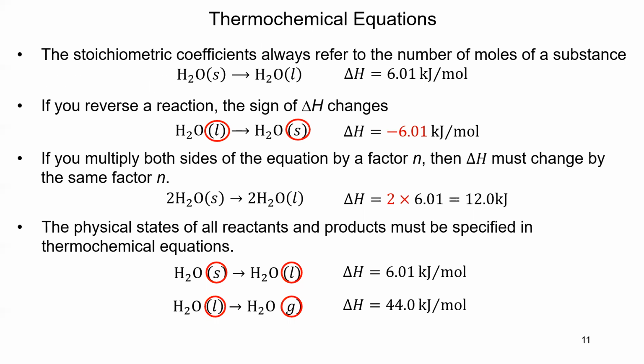So when we write thermochemical equations, really the only difference between a thermochemical equation and a chemical equation is that we add this little delta H at the end. And so if we look at the first one, really all it's saying is that the coefficients refer to the number of moles, right? Easy enough. When we think about delta H, it's the energy per mole as written. What does that mean? They haven't given us a great example here,